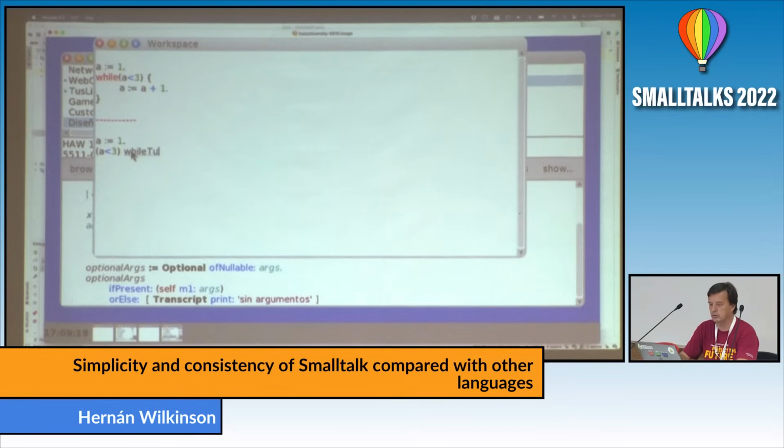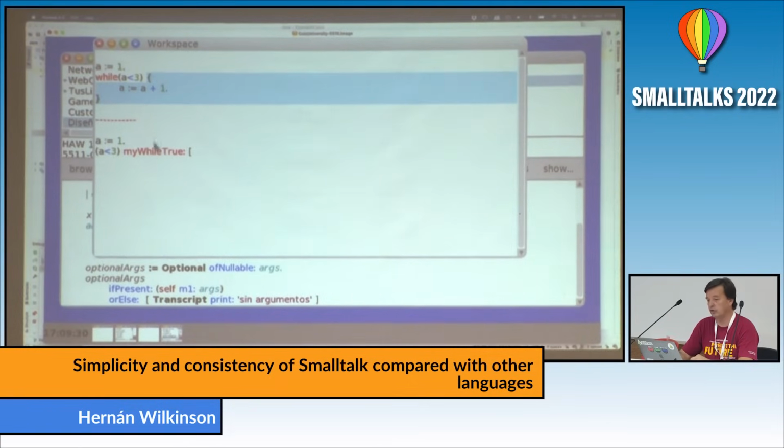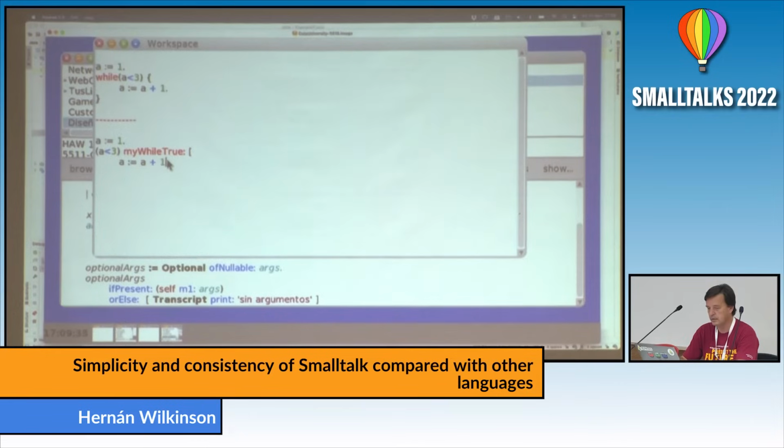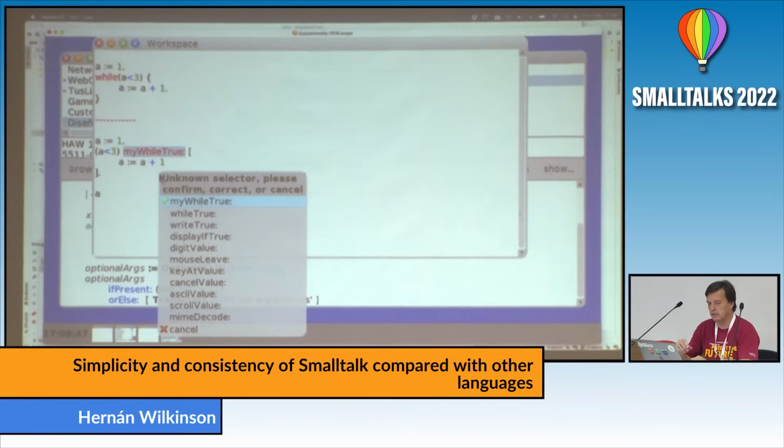Let's say while true. And now this is a block. So I have to use a block in Smalltalk for that. That's easy. Okay. So now we have this. And when we try to implement it, let's say we will return A. When we try to implement this,